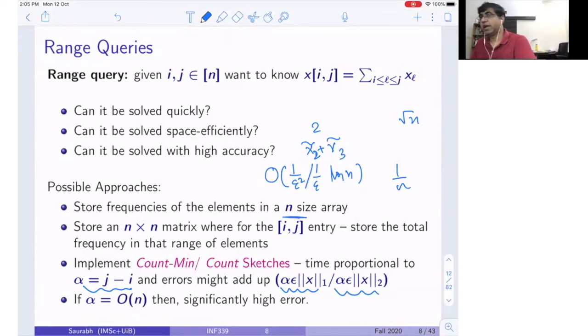So you could also do that. There's absolutely no issue with doing that. But the problem is that the space will still be very bad, because it's like storing an array. Yeah, but if you do that, you don't need to make any mistakes. You could just do that exactly. Exactly.